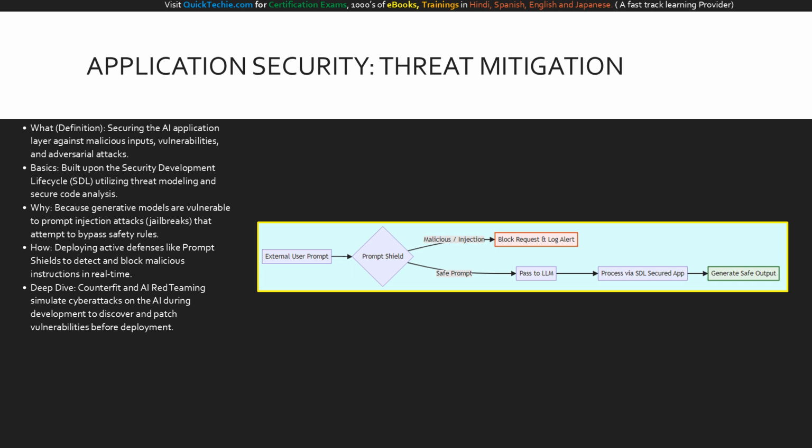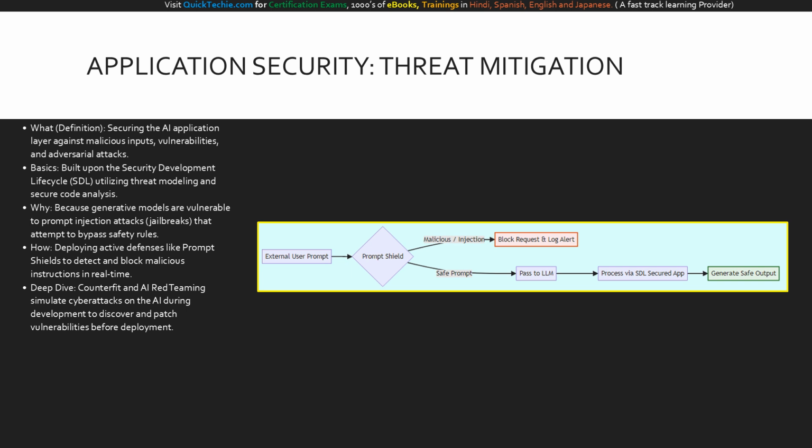Why? Because generative AI introduces a unique threat called a prompt injection attack, or a jailbreak. This is where a bad actor deliberately crafts a prompt designed to trick the AI into ignoring its safety protocols and generating harmful content. How do we mitigate this? We deploy active, real-time defenses like prompt shields, which scan incoming text and immediately block malicious instructions before the model